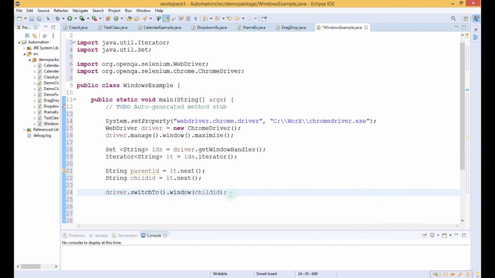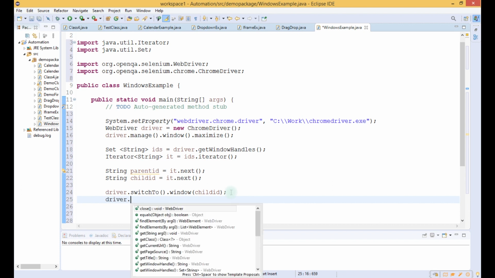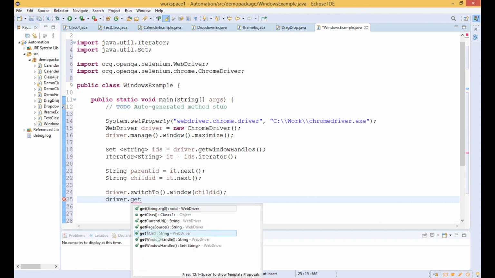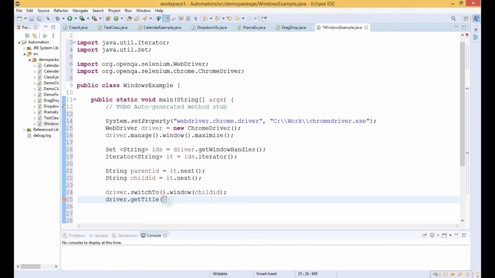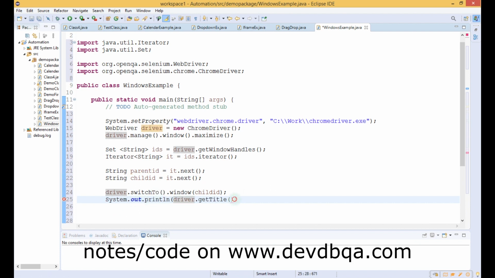For checking whether the control is shifted to the child window or not, we will write driver.getTitle, so that we can get to know that the control is switched successfully to the child window. And let us print it out in the console.